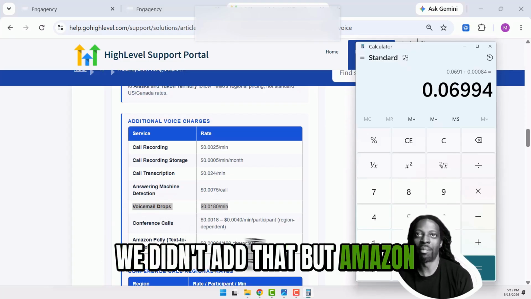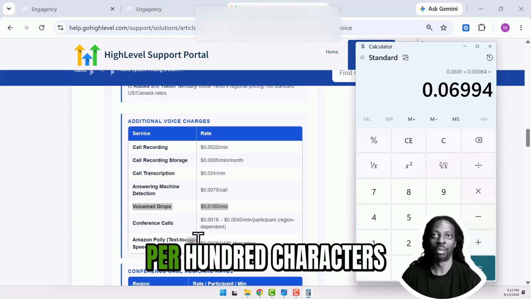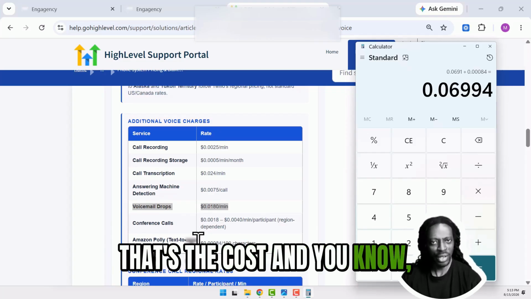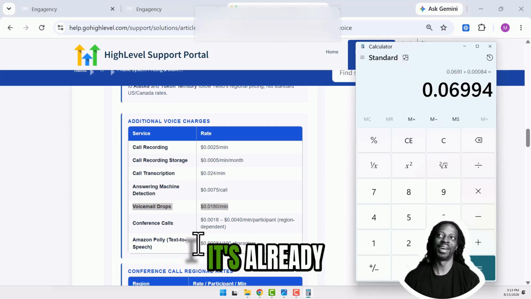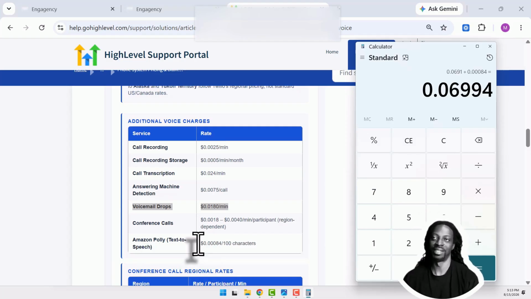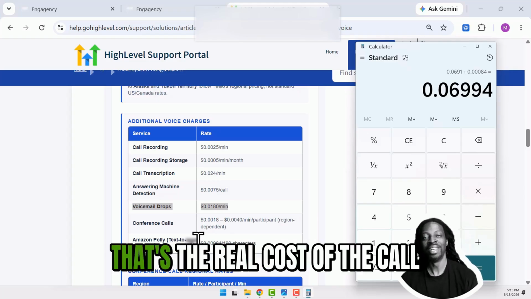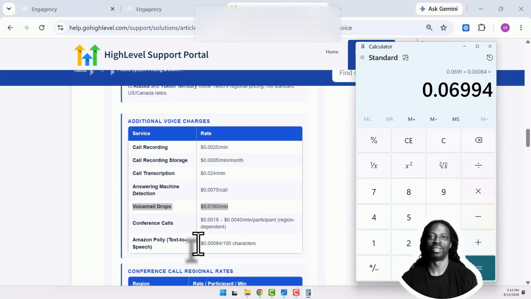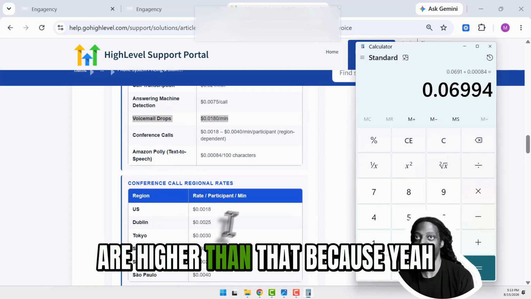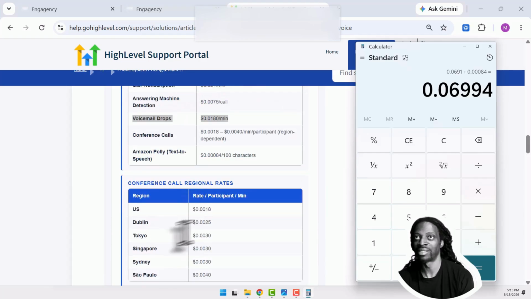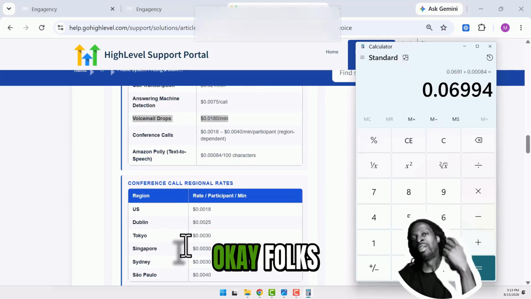We didn't add that, but Amazon Polly is per 100 characters, that's the cost. And you know a call is going to be more than 100 characters. Stop it. All right, it's already at 7 cents per minute. Boom. Okay, folks, that's the real cost of the call. And God forbid you're in another region where your conference call rates are higher than that, because yeah. Okay? Folks,